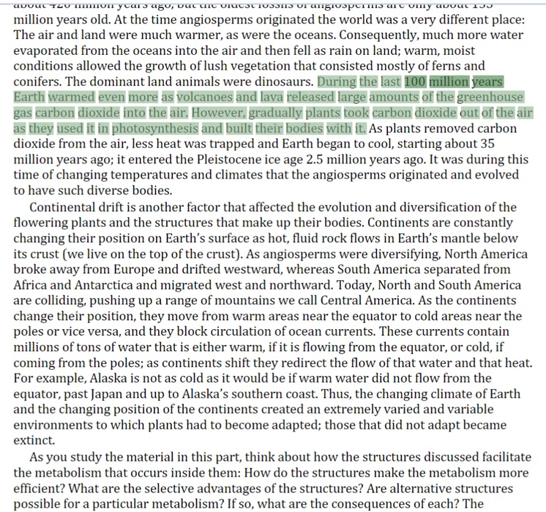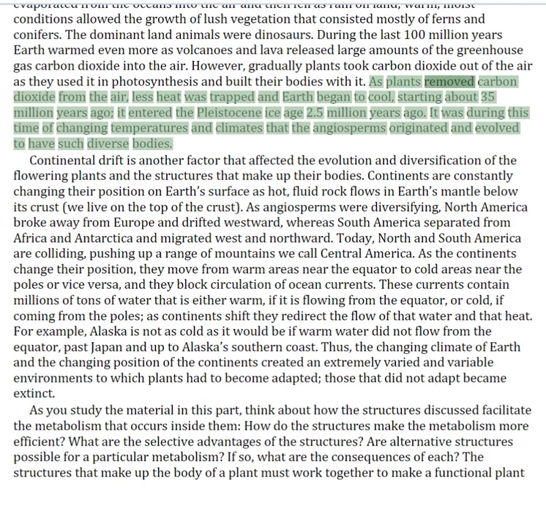During the last 100 million years, Earth warmed even more as volcanoes and lava released large amounts of the greenhouse gas carbon dioxide into the air. However, gradually plants took carbon dioxide out of the air as they used it in photosynthesis and built their bodies with it. As plants removed carbon dioxide from the air, less heat was trapped and Earth began to cool. Starting about 35 million years ago, it entered the Pleistocene Ice Age 2.5 million years ago. It was during this time of changing temperatures and climates that the angiosperms originated and evolved to have such diverse